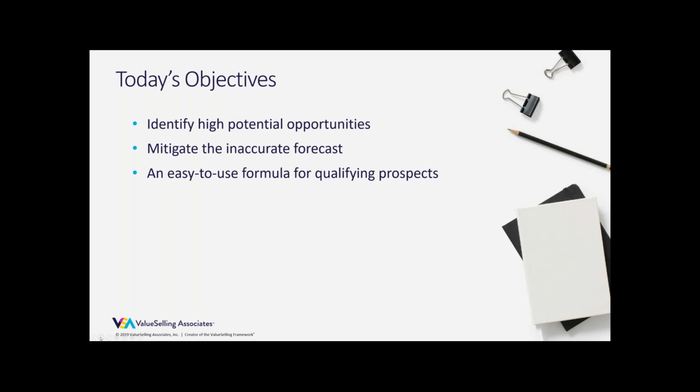We're going to talk about our formula for qualifying prospects. It's a multi-dimensional approach. It's not one and done. It is not, unfortunately, just finding the person who owns the budget. Just because they can spend the money does not mean they will spend the money. So we're going to talk about that formula and how you can apply it to your pipeline to identify gaps and identify where that additional work needs to be done. And then we're going to talk about the keys to exceptionally high close rates. And as crazy as it sounds, it is pretty basic.